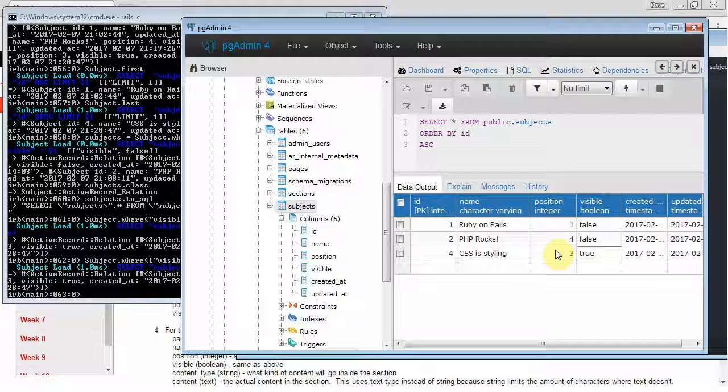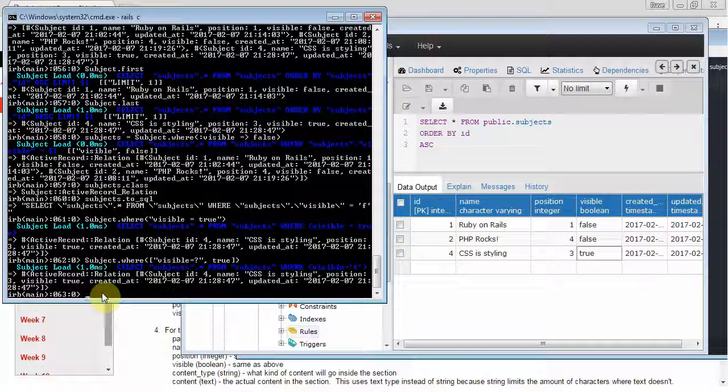Now we can chain these together if we want. I could say subjects equal Subject.where. So if I wanted to check and get something back from multiple columns, I can say where position is equal to 1. So I want all the ones with position of 1. And then I want to add more conditions. Where visible